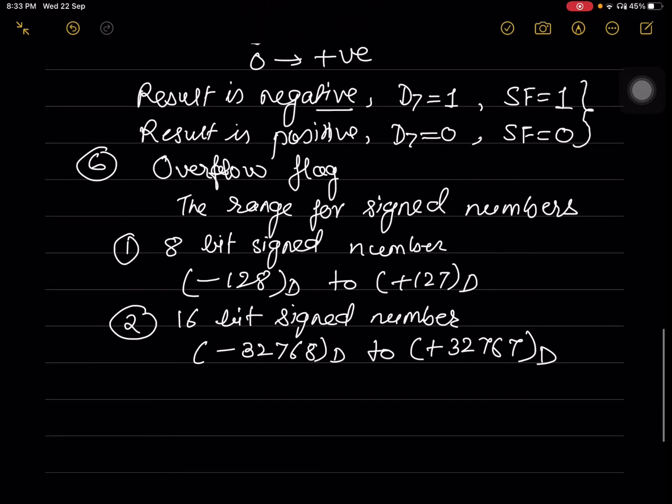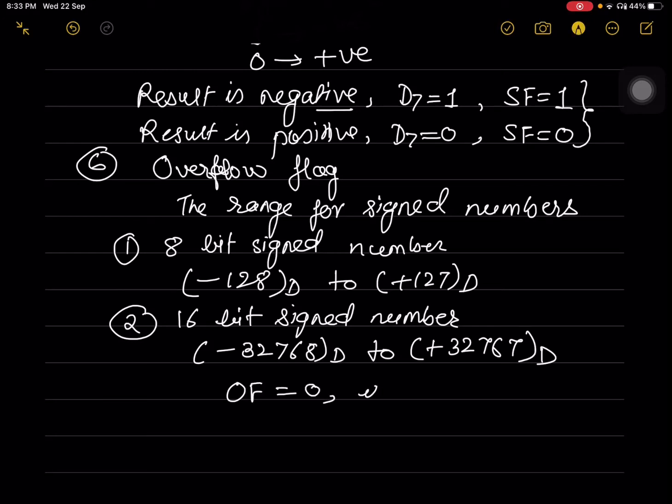So whenever processor is performing any arithmetic operation on 8-bit or 16-bit signed numbers, if the presented answer is within the specified range, then overflow flag is equal to 0.